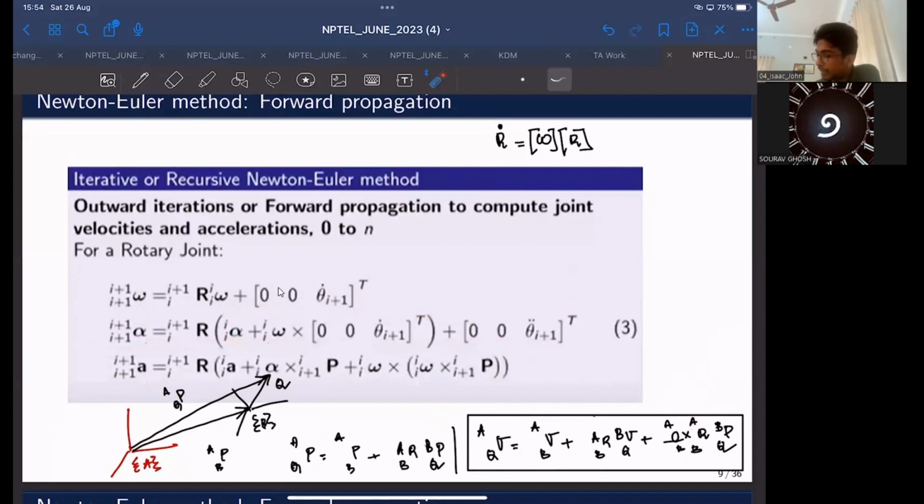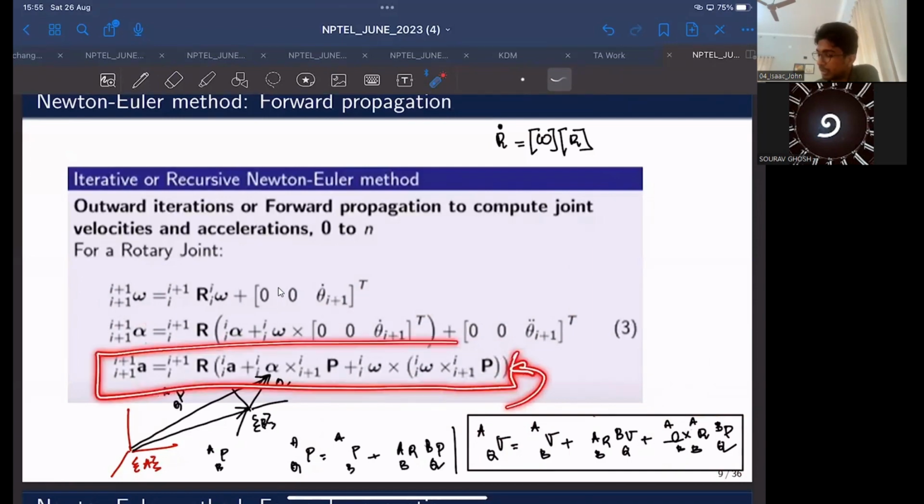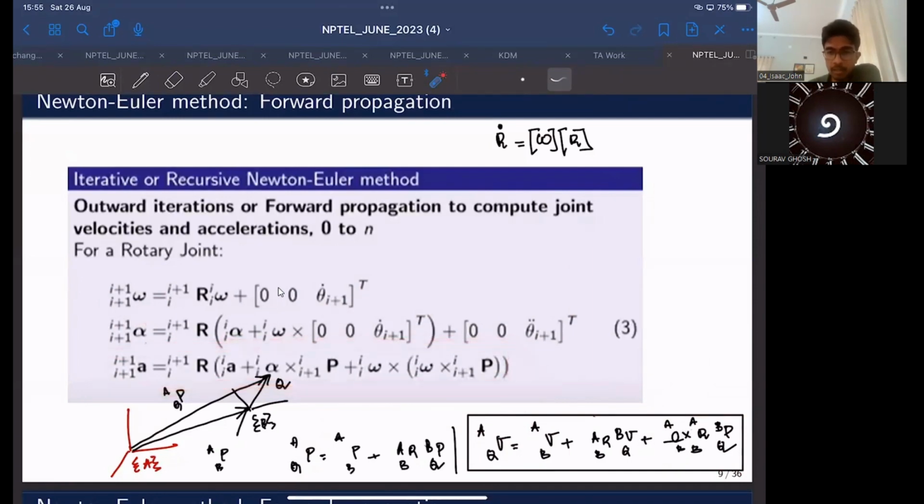And again, further taking the derivative of this term for the linear case, if you apply the position, this term would correspond to the velocity. And again, further taking the derivative of this expression, you will be able to get an expression comparable with the linear acceleration. So that's how it goes. But since this is outside the scope of this course, we are not providing the full proof of the derivation.